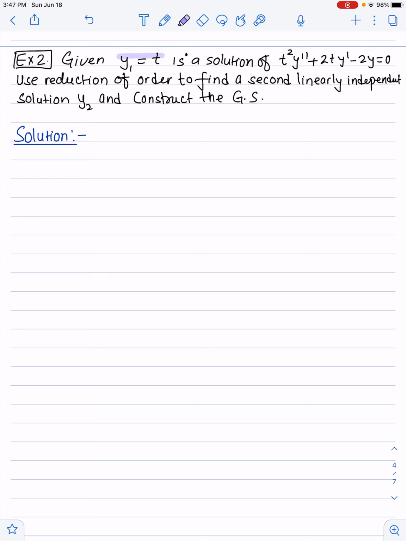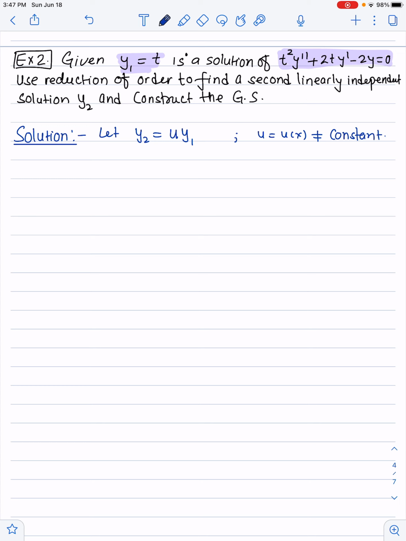Here it says that given y1 equals t is a solution of this homogeneous linear second order differential equation, we will use reduction of order to find another solution y2, and we will also construct the general solution. Okay, so the first step, let y2 equals u times y1, where u is actually u of x, which is not constant,